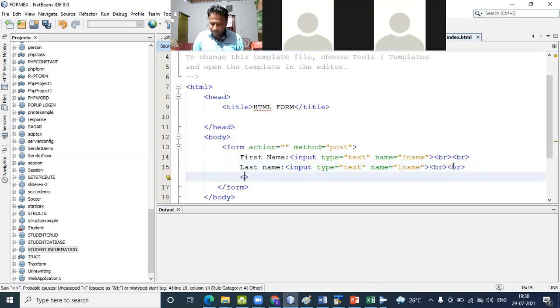Then next we pass input type is equals to submit. Okay, so where you store all the information.